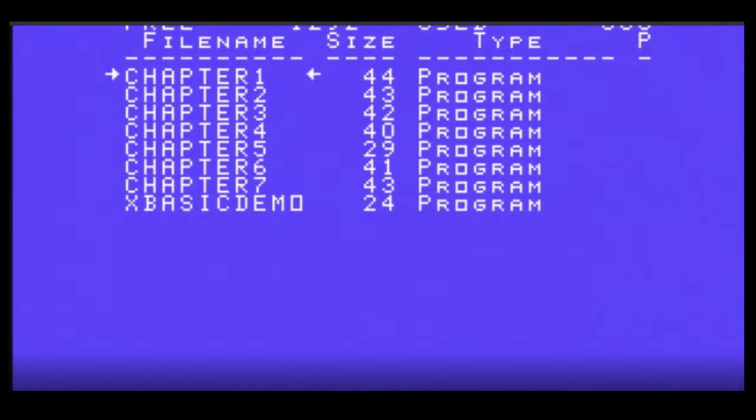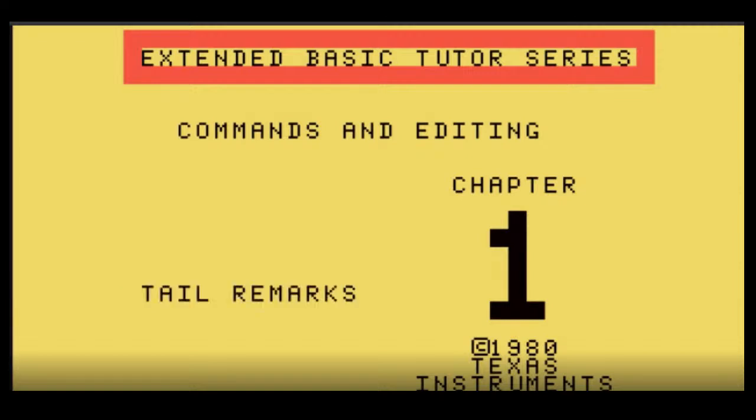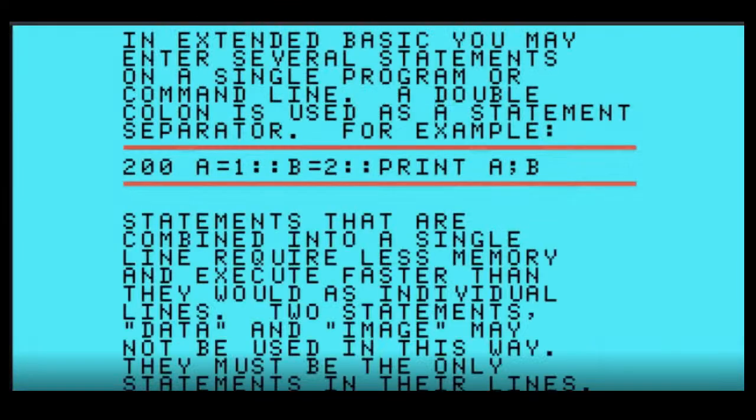I think the first 2 discs were the same as the ones we looked at before. This is disc number 182, extended basic. So let's try running chapter 1. Then we'll learn a little more about programming. So, yeah, this is actually one of the disks I was looking for. I couldn't find the actual floppies, but it's here.